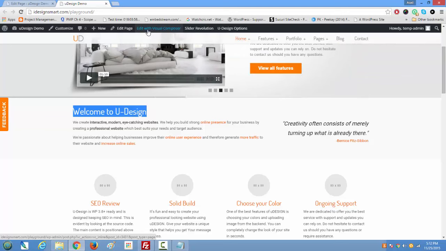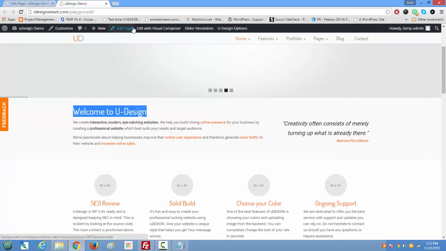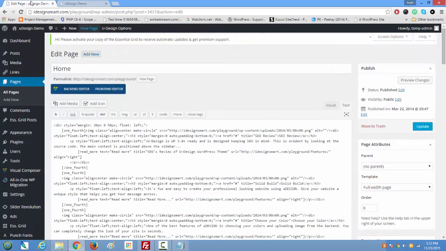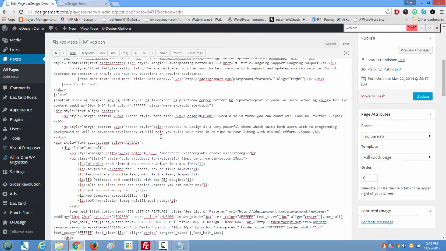I don't use it because in my opinion it can create markup in your site that you don't intend for. It can create additional markup that you don't need, and I'm not a huge fan of that. So I would like to have more control over this, and then I can update all of these things. Here what we are looking for is welcome to U-Design. A quick way to search where my stuff is